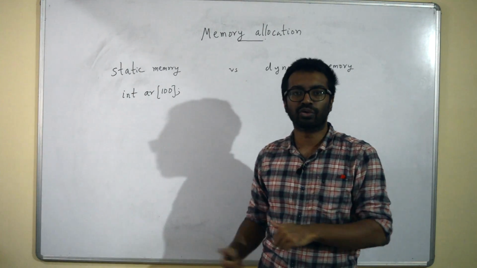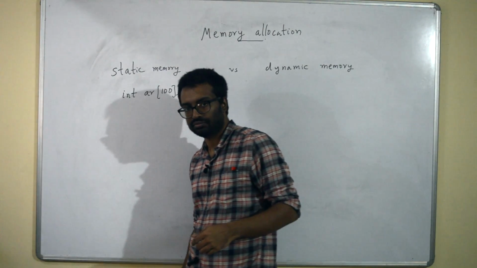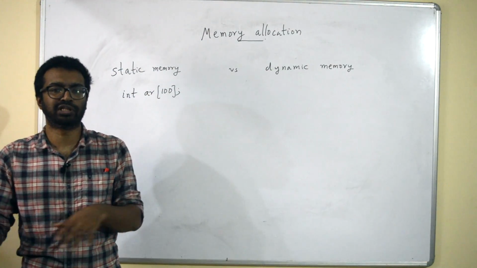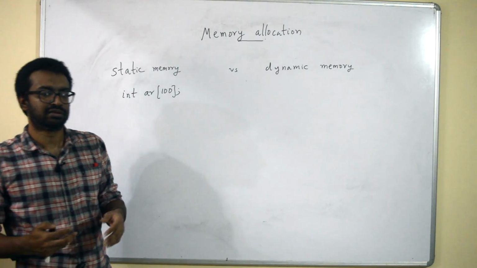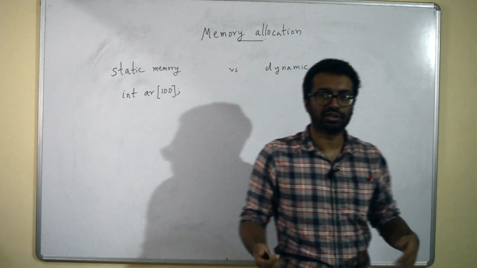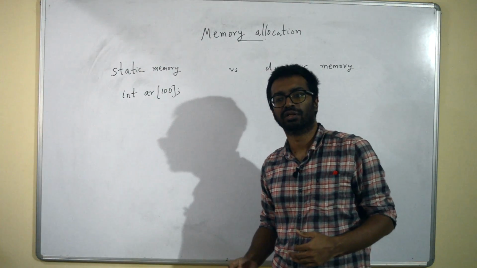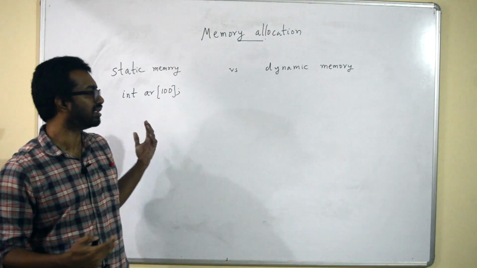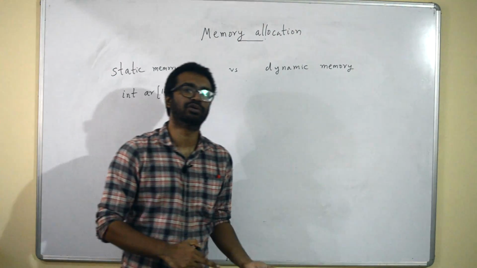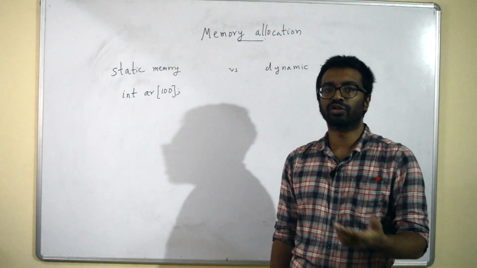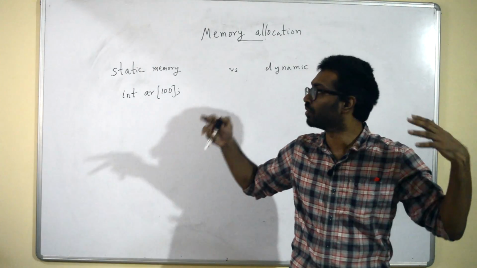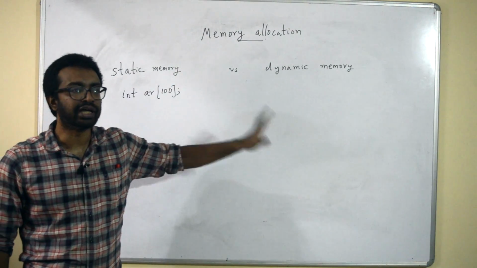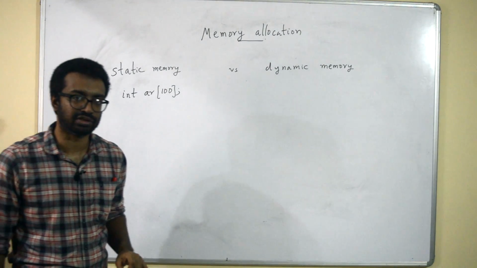Right. Now imagine the following case. When you write the code, you don't know how many integers are required. You might have already seen this thing. When you write a program, you don't know what should be the string length, right? Because this is something you might be taking from the user. So the array size which is required might be coming from the user, and in this case, you wouldn't know how much memory to allocate when you write the program, right? So that is dynamic. That will require dynamic memory allocation.